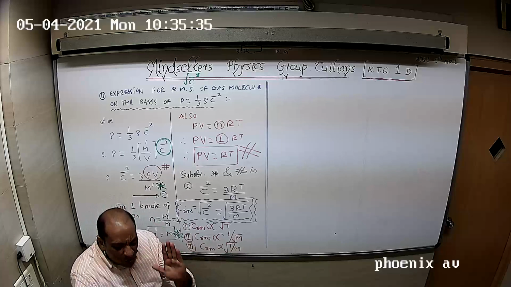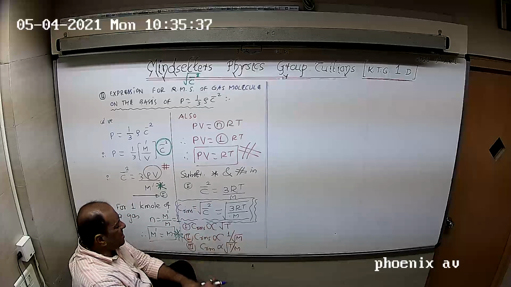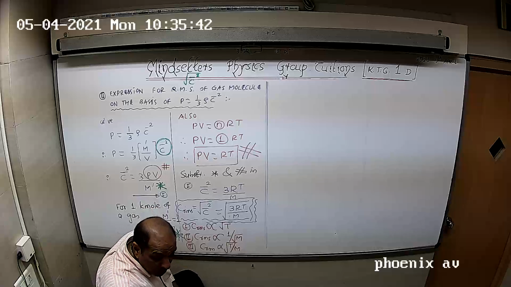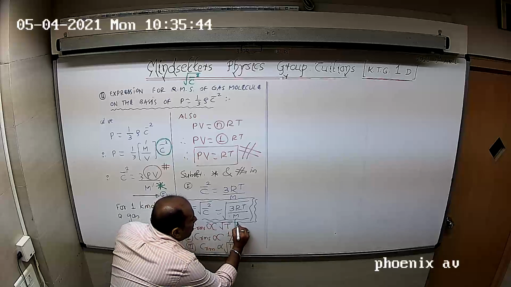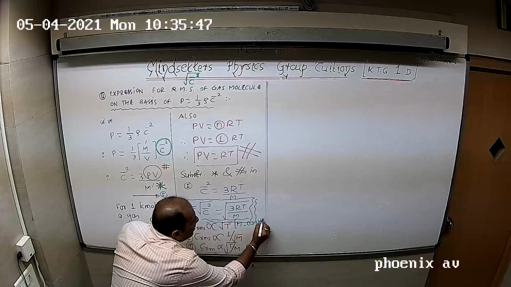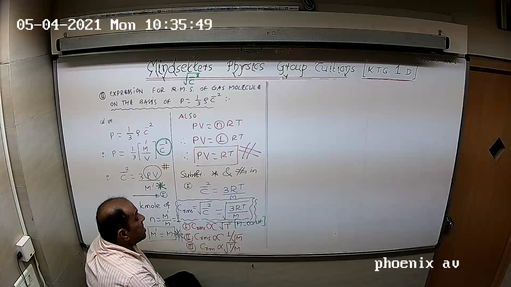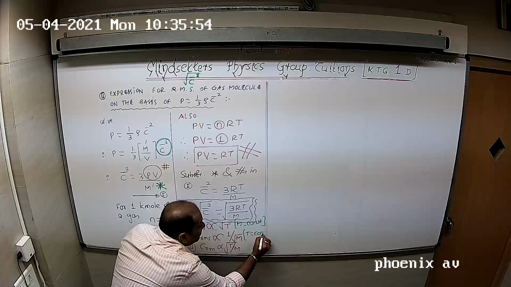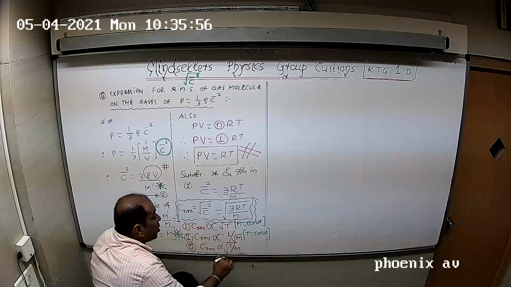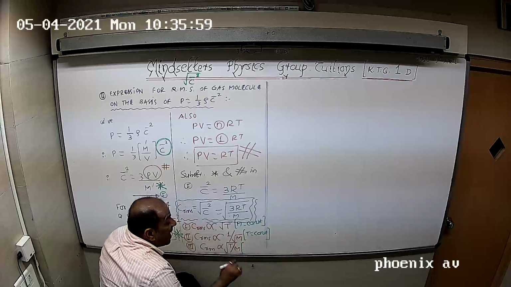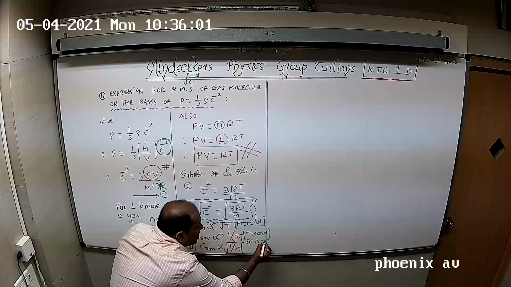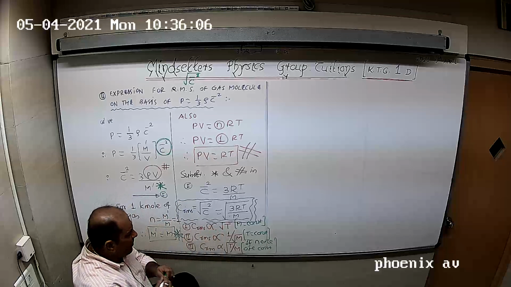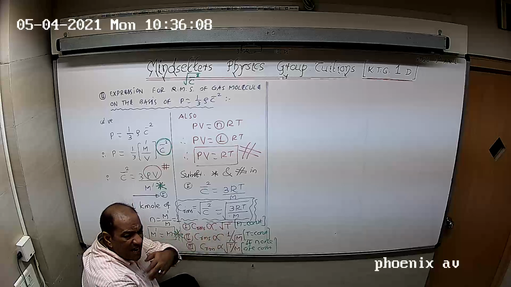Apply a little common sense, it is very easy. RMS velocity is directly proportional to root of temperature provided molecular weight is constant, right? When you want to establish a relation between two, keep the third constant. C is inversely proportional to root of molecular weight provided temperature is constant, right? And C is dependent on both if both are not constant. M and T both are not constant. Now apply a little logic: when temperature increases, gas molecules will move